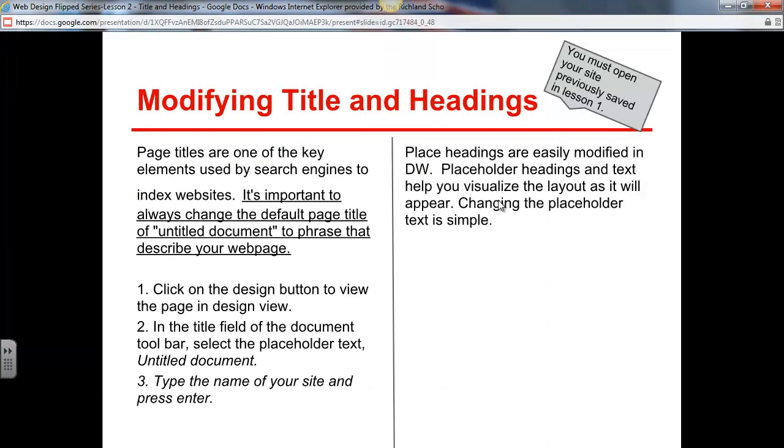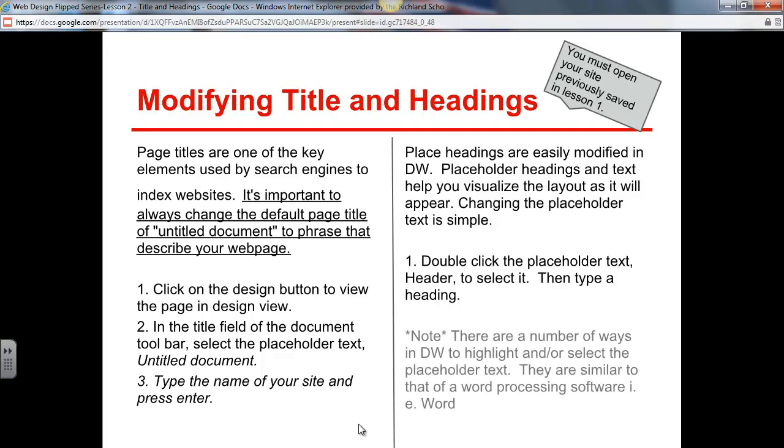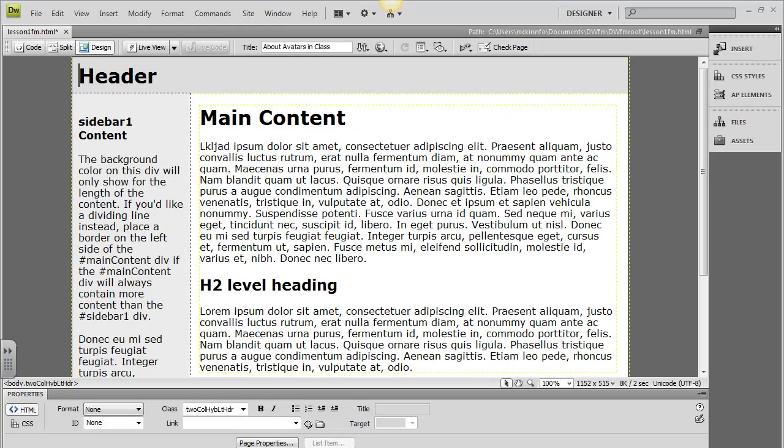Anyways, Dreamweaver does a great job of making things simple for you, and changing the headings is definitely one of those things that Dreamweaver does that makes it fairly simple and less stressful on anybody. So we're going to double click on the placeholder text header to select it, and then we're going to type a heading. Okay, so that's where we're going. So let's pull up our file again, header. And we can double click to select it,